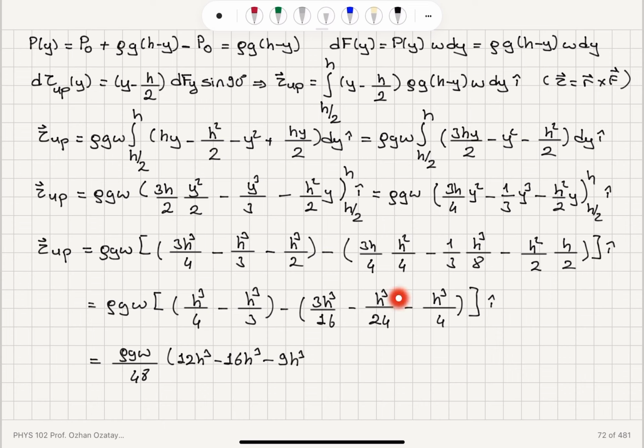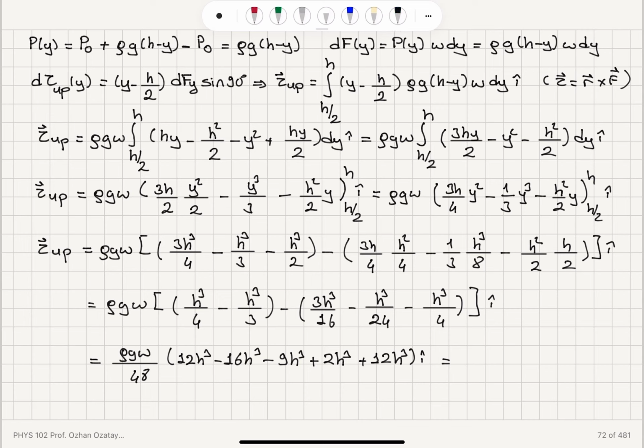24, so this should be multiplied by 2, minus 2, minus minus becomes plus. So this is plus 2h cubed. And then I have 12 multiplied with 4 is 48, so this will be 12, but minus minus becomes plus, so this is plus 12h cubed in the i hat direction, and that gives me in total,